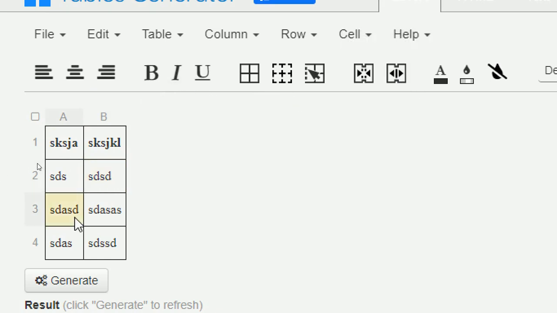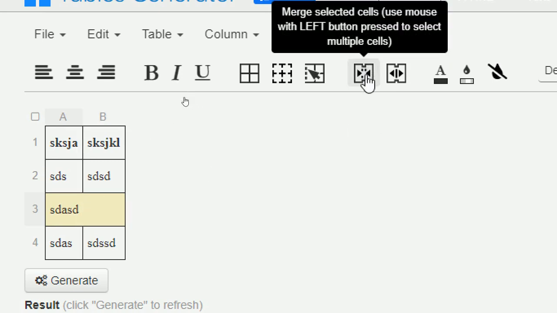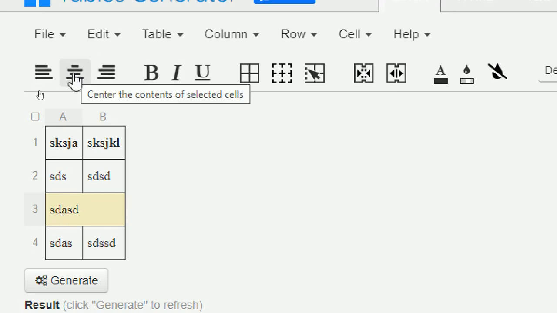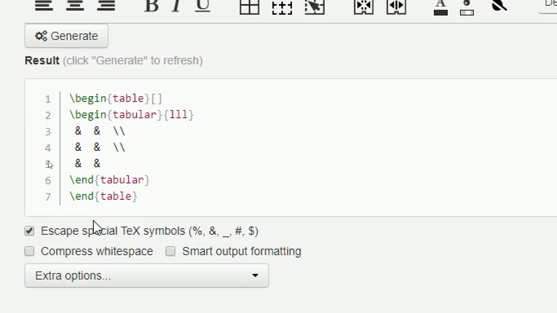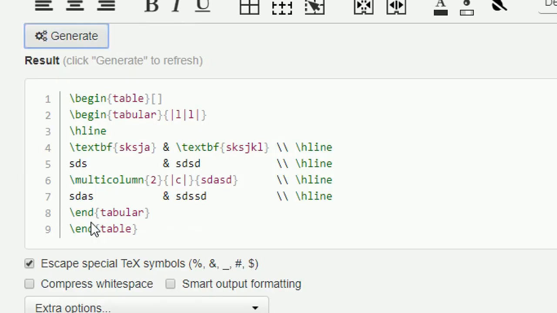Here if you want to merge these two cells, simply select the number of columns which should be merged. So I can use this option, that should come in the center. After this, simply press generate. It was generated as LaTeX code.